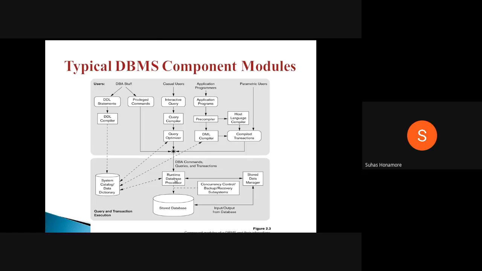So directly it will communicate to our database, and it may check the privileges in the catalog. Here it is checking the privileges in the catalog. So this is the overall component diagram. These small components are all there, but the main ones are two components: one is user related, and one is query transaction execution related. Any doubts?